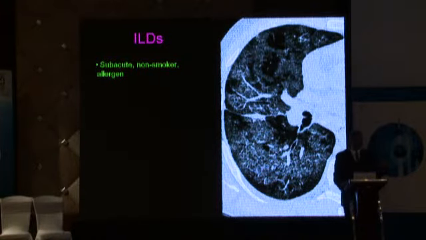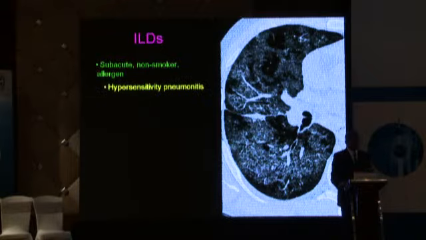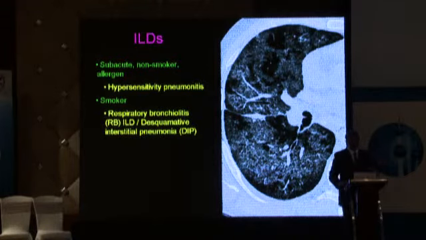So if this is a 45-year-old lady, subacute onset, living in an area where there are lots and lots of pigeons, we would call this hypersensitivity pneumonitis. If this patient is a smoker, we would call this desquamative interstitial pneumonia, or if it was a little less severe,